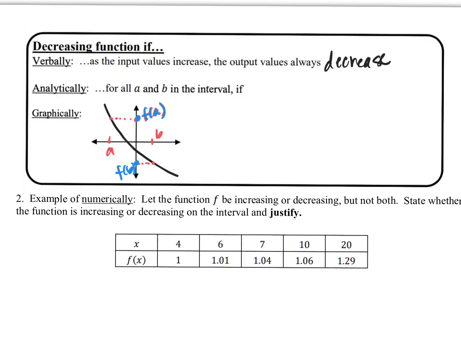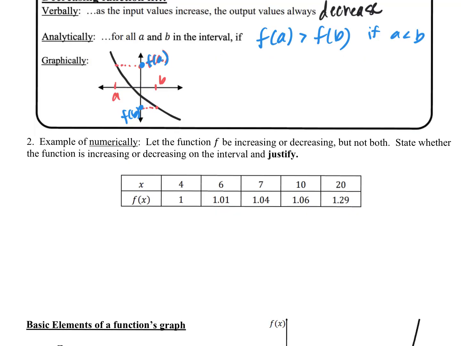And for something to be decreasing, now what do I know about that f of a value? The f of a value has to be bigger. Agreed, class. So we're going to say f of a has to be bigger than f of b, if a is less than b. Again, very formal. Okay, we're going to say it once, and then I promise I'm not going to make you